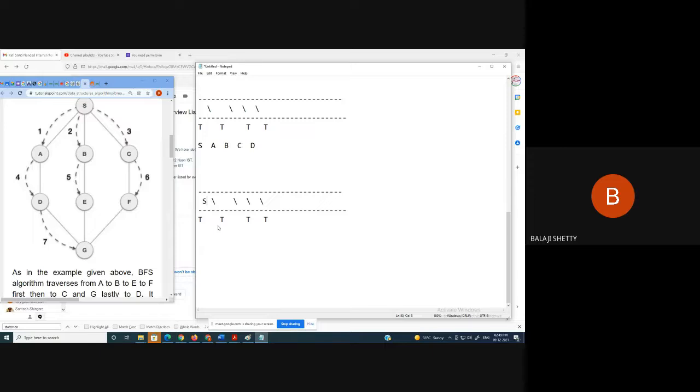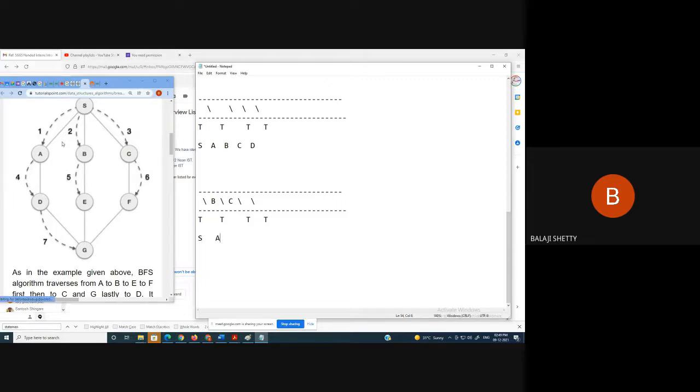Okay, insert S, delete S, and insert all the adjacent nodes of S. What are they? A, B, C. Clear?